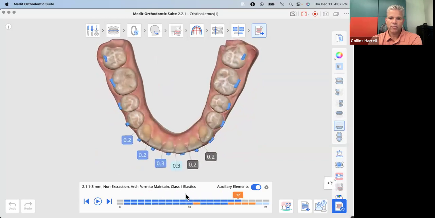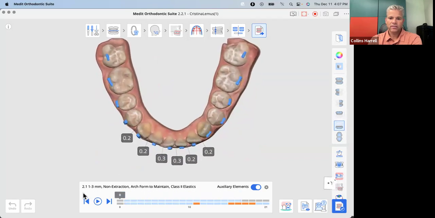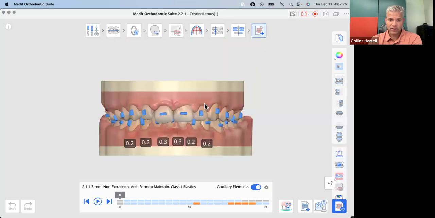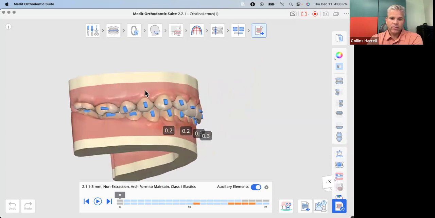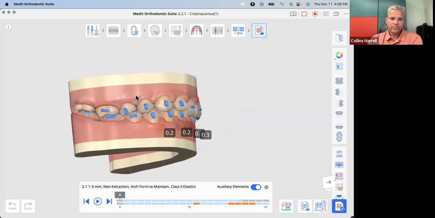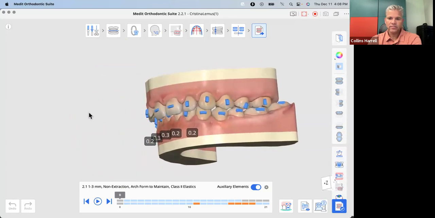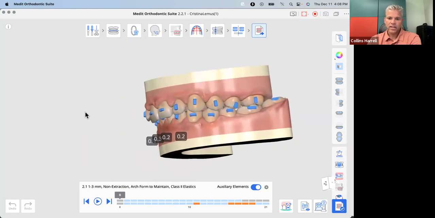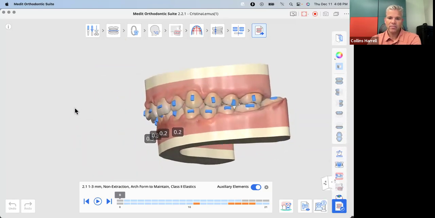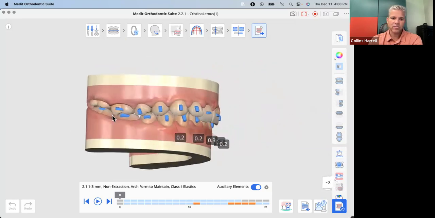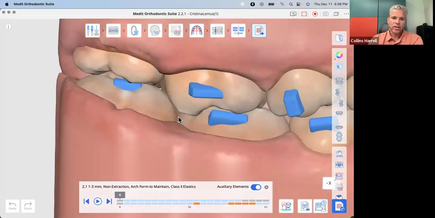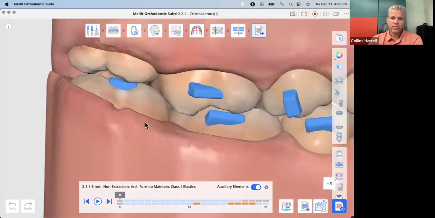Yeah, just basically uprighting and aligning everything. Some IPR in the lower anterior. So let's see what our starting occlusion is. Looks like we've got a little bit of class 2 on the right side and a little bit of class 2 on the left side when we're looking at the canine, but the molars are pretty much class 1 on both sides. I can see contact between the distal marginal ridge of the upper molars and the mesial marginal ridge